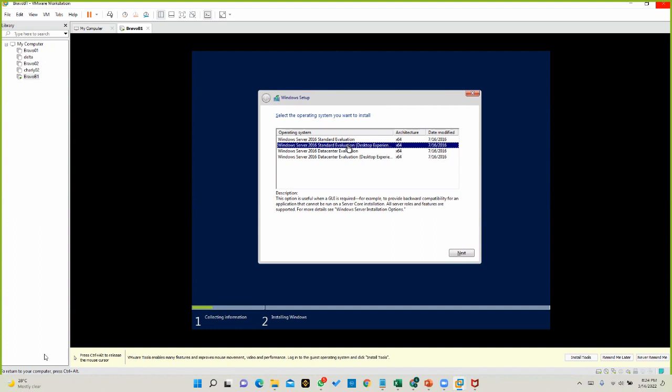If it is a standard edition, you can create up to 2 virtual instances, Windows virtual instances on the operating system that you are going to install, right? For the data center edition, if you install the data center edition, you can create unlimited Windows instances on top of the server which we are going to install, right? That's the major difference. But there is a limitation like he's explained, right?